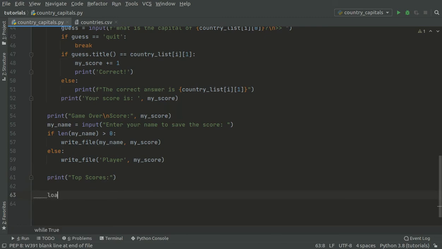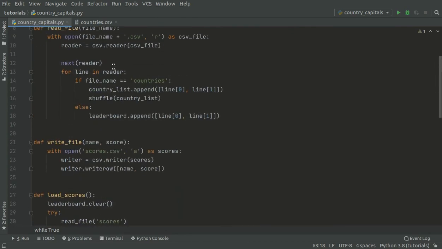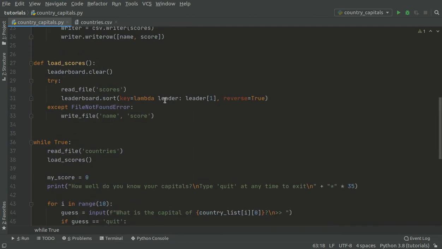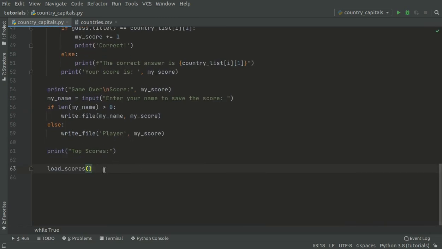We will first load the scores, and that will open up our CSV file, populate the leaderboard with the names and the scores, rearrange them so that we have the top score first, and now we can print them to the screen. So if len leaderboard is less than 3, we'll just print however many there are. If we have 3 or more, we'll print the top 3. So for i in range len leaderboard,